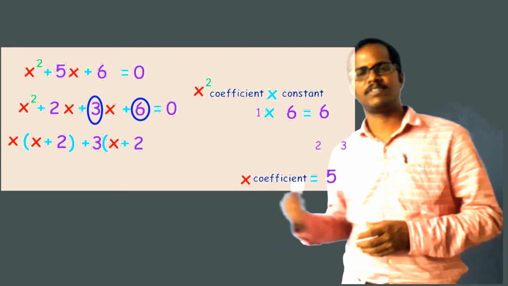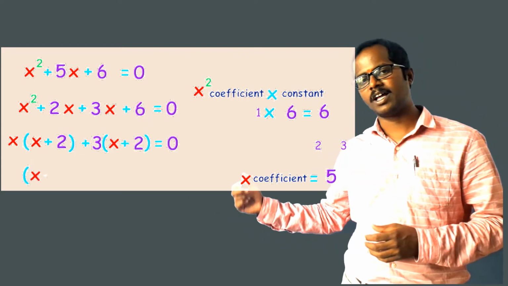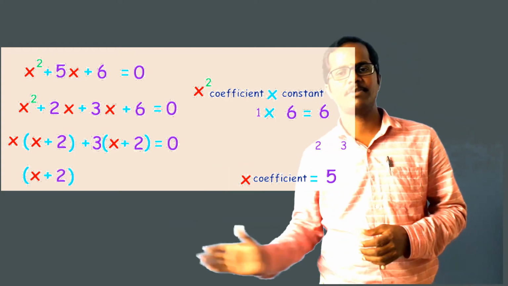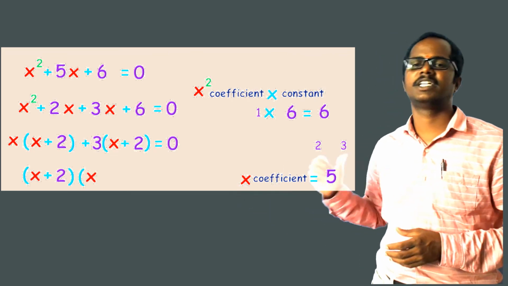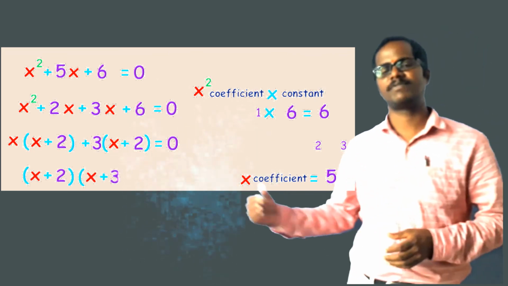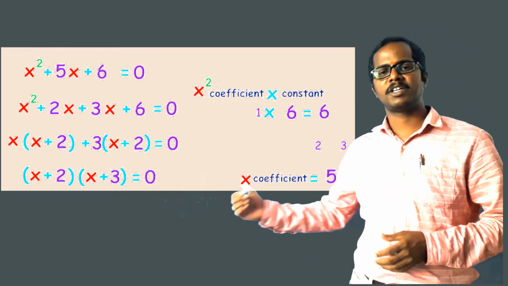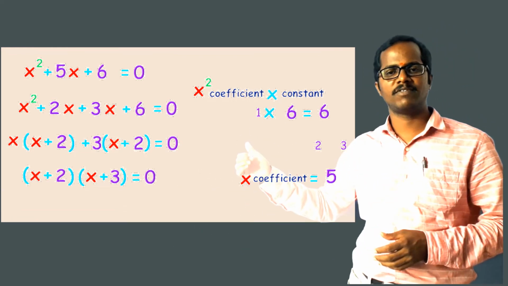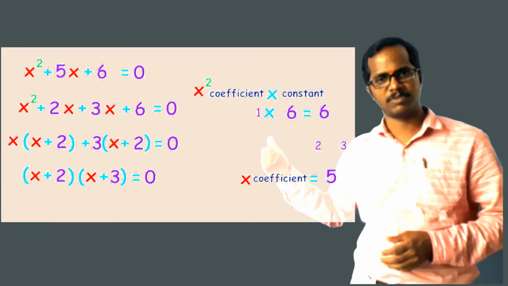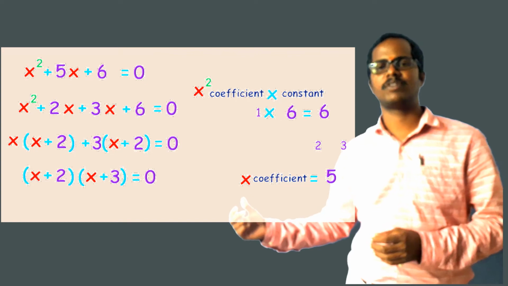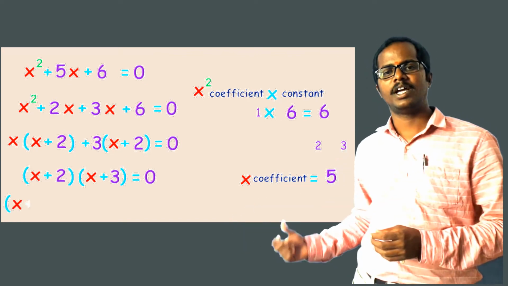And observing this equation, here we can also get x plus 2 as common. So by taking x plus 2 as common out, we get x plus 3 in bracket, which equals 0. So what we get, x plus 2 into x plus 3 equals 0. So x plus 2 and x plus 3 are the factors of the given polynomial x square plus 5x plus 6. So now as we get the product of x plus 2 and x plus 3 as 0, hence either